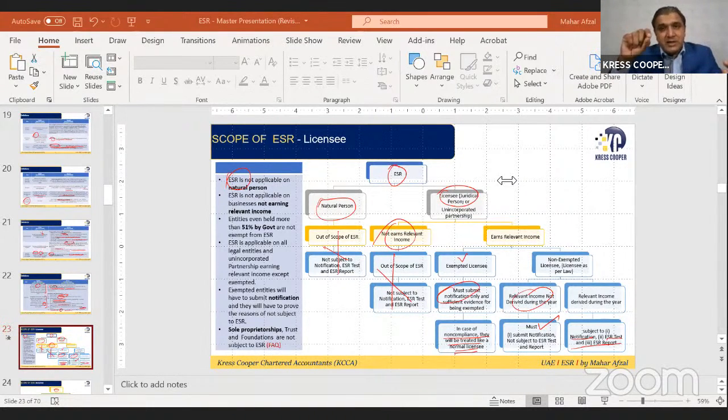And if you look at these exempted licensees, they are being taxed somewhere. Like if a branch is outside the UAE, the initial and basic essence is not being violated, as they are taxed. So in short, these are licensees which are earning relevant income, these are juridical persons, these are unincorporated partnerships. But a specific exemption has been given because their income is being taxed elsewhere, or they have only business in the UAE. There are no chances of shifting the profit from a high tax jurisdiction to a low tax jurisdiction. Hopefully, it will be clear.